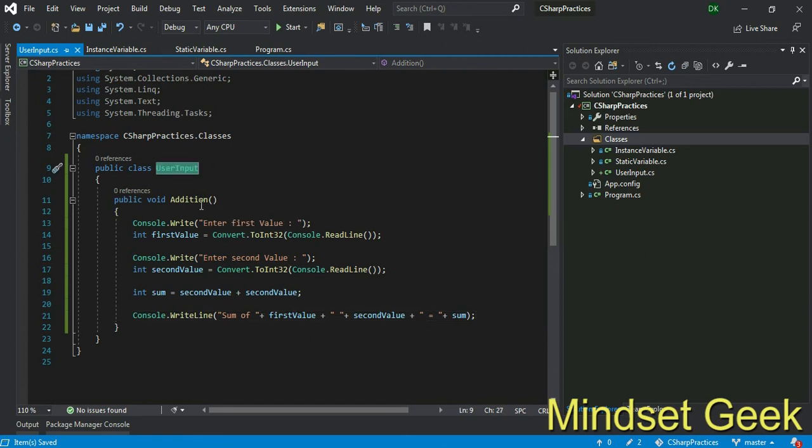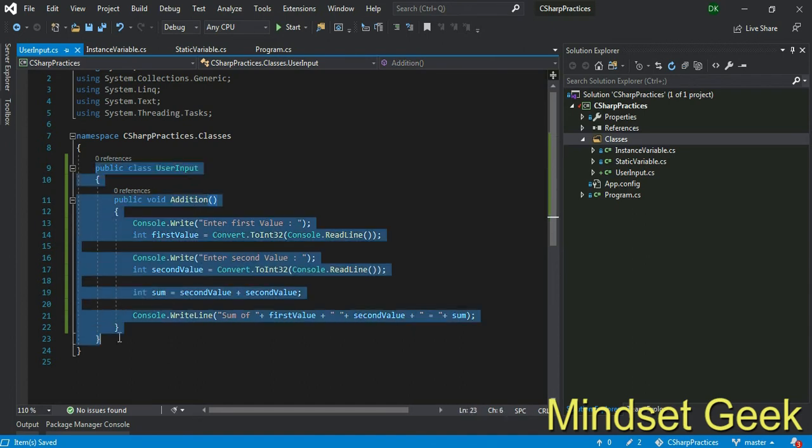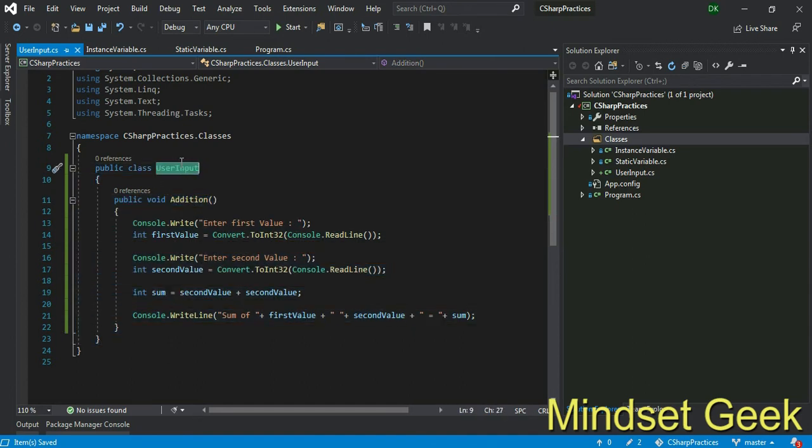Now I have created the class and method. How do I access this method? There are two ways. Not two ways, I have only one way, right? First create an object from this class and access this method with that object name dot addition, right? That is the way. But if I change this to static, I don't need to create an object, right? I can directly access ClassName.Addition. I think there is no magic here. The reason is I will explain and practice this static keyword with you.